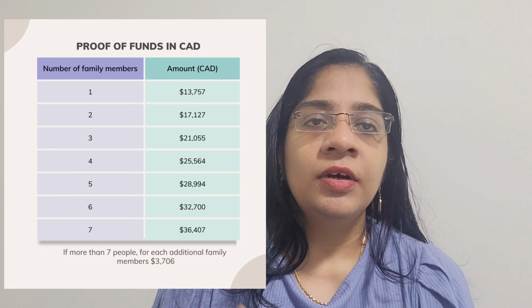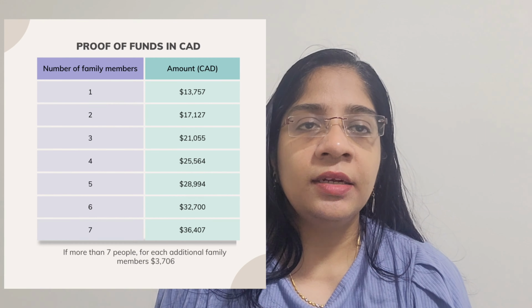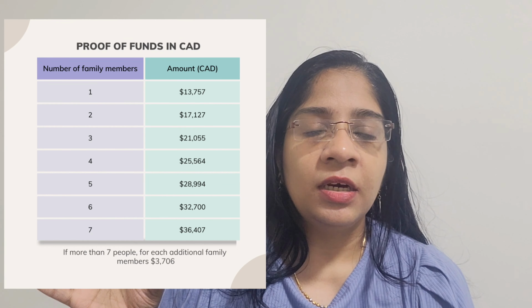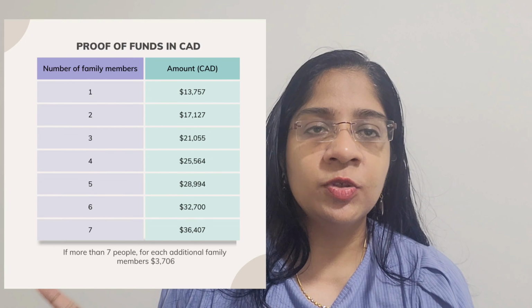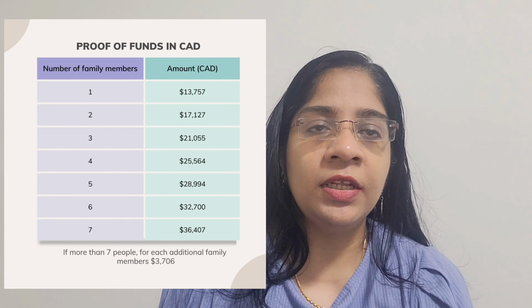The next document, which is very important, is the proof of funds. Plan this out when you start your PR processing, as to how much sufficient funds you have to have. If you have seen here, there is a list of funds that you need in terms of the family composition that you're traveling with. You can show this document in the form of a bank letter. Make sure that in the bank letter, you specify the account name and owner name, which should be you,